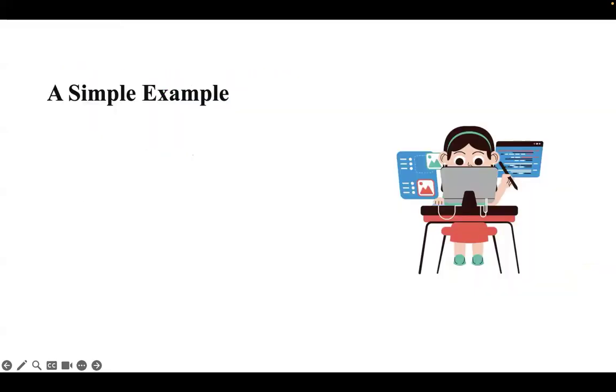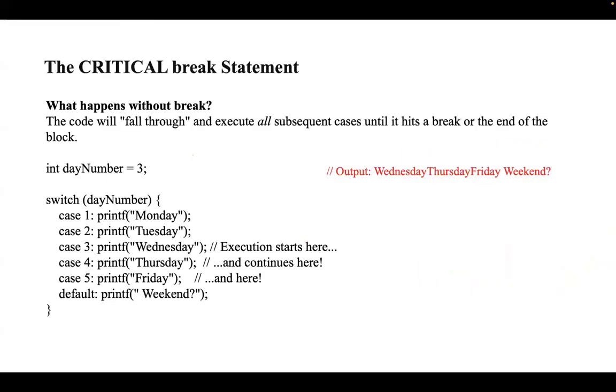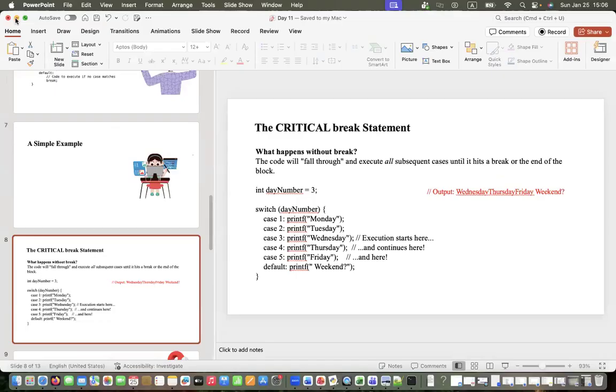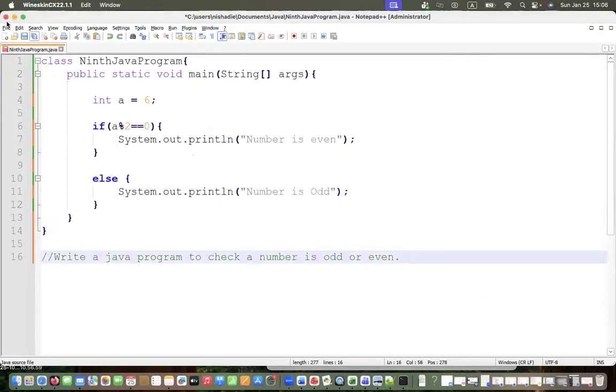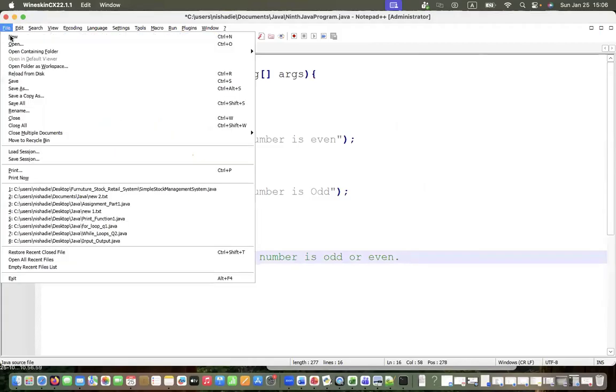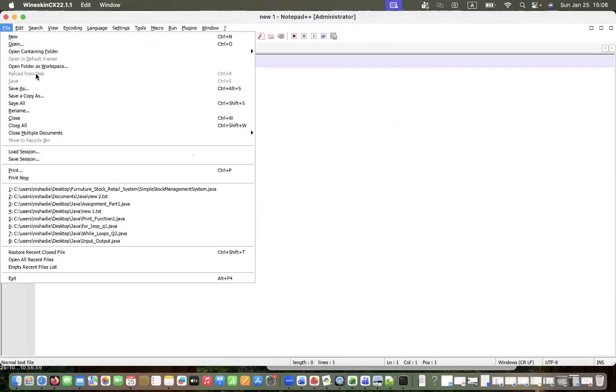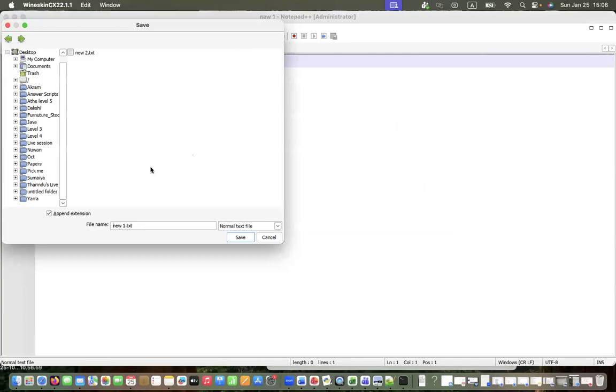A simple example. So I'll show you a simple example. This is the example that I'm going to discuss with you and show you. So before checking this, I'll go to Notepad++ and give you that perfect example. Right. So we are going to start a new file. Save this as 10th Java program. Go to the Java folder. Inside that Java folder, save this as